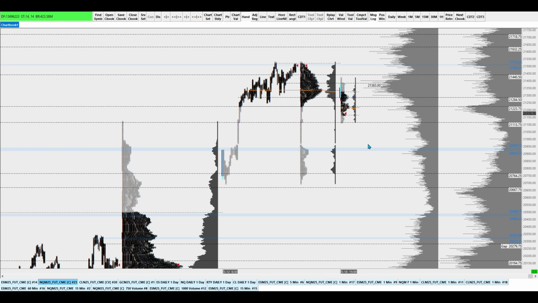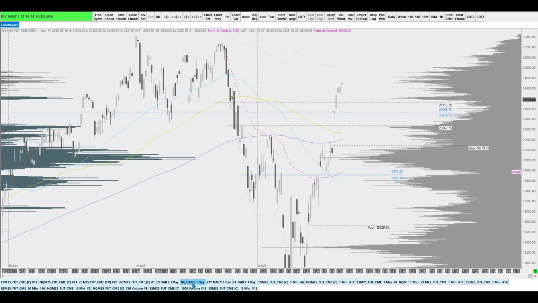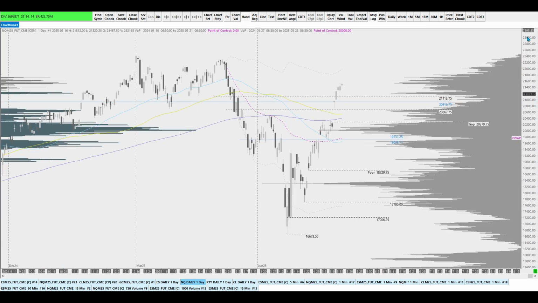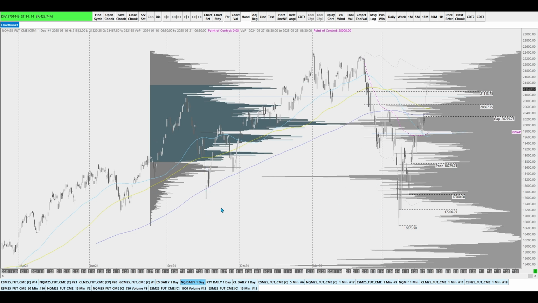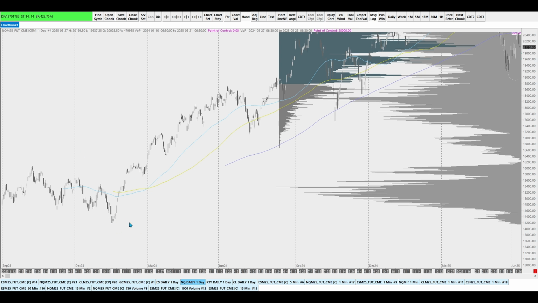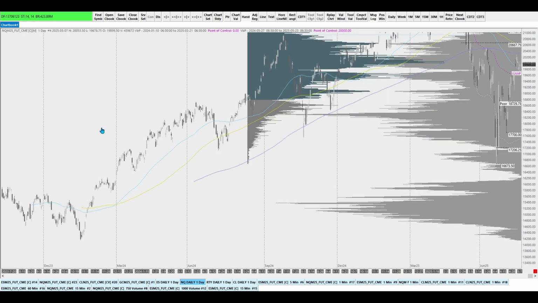We still have room on the breadth indicators to go a little higher. Can we get a pullback? Sure, but you don't necessarily have to. There have been plenty of times, even in recent history, where we've had a similar situation, like down here or down here. You get the pop off the lows and sometimes you don't really pull back. You'll slow down for sure, and then sometimes build a balance area and trade in it for a couple weeks, maybe a month.